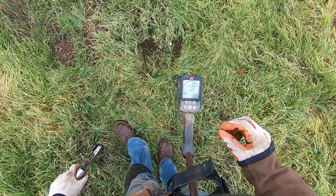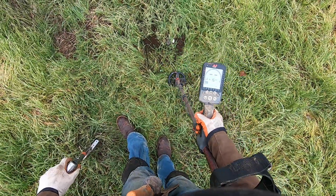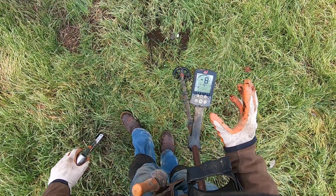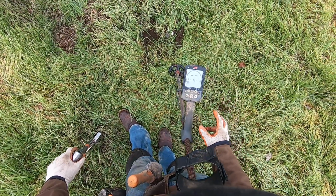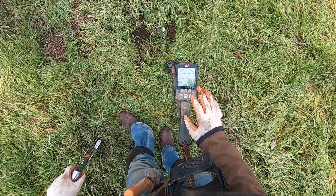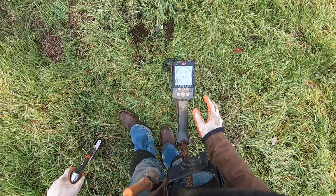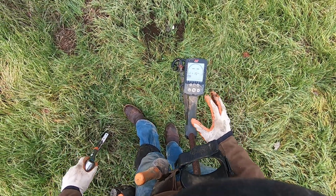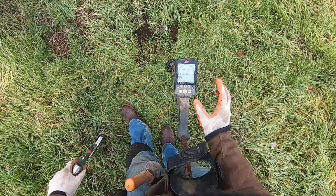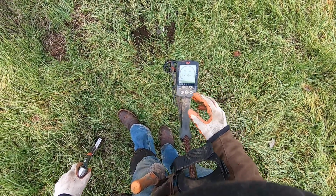I'm trying to figure the Equinox out in the dumps here with the 6-inch coil. I've struggled with the Equinox 6-inch coil in these dumps, and I'm trying to figure out which mode to have it in, which frequency to have it in, and what gain I'm having to set it in. So first I want to start out in my normal program that I usually use, which is Park 1,